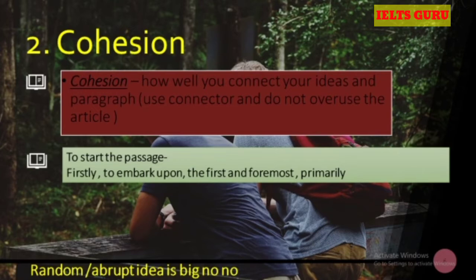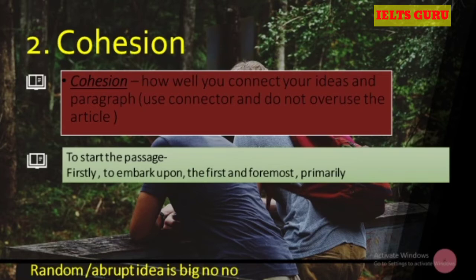If you don't use it, how would the reader get to know from where you started and from where you want to add something or you want to contradict something or you want to give the example or something like that, okay. So just to make the reader clear and to present your ideas in a way that the readers find it very easy to understand, so we need cohesion, okay. So cohesion is basically only one thing, that how well your ideas and the paragraphs are connected.